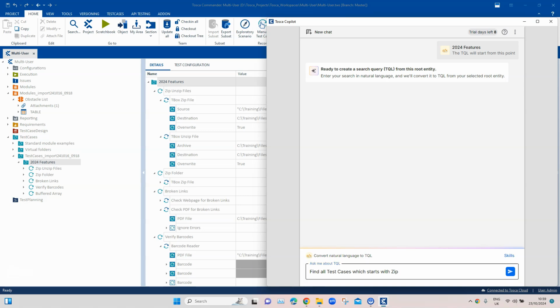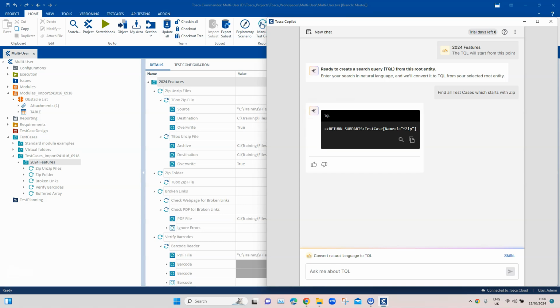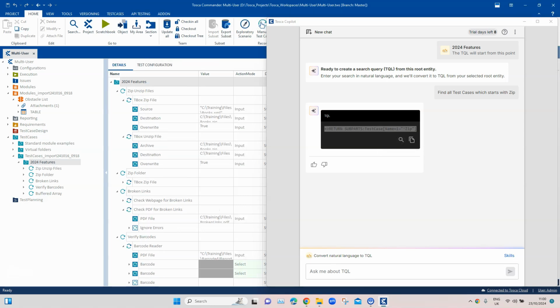Okay, so this is what I want to actually search on my workspace. And I have just written it as I am thinking what I want to do in plain natural language. Okay, so now I enter and let's see how Copilot transforms it into a Tosca query language, right? So here you see it has converted into a TQL query. Okay, and this will help you to basically use it to search using this particular query and get the results. Okay, so here you can see I can copy this particular search query and I can go back and search, or I can directly do it from here as well. So I have searched now,